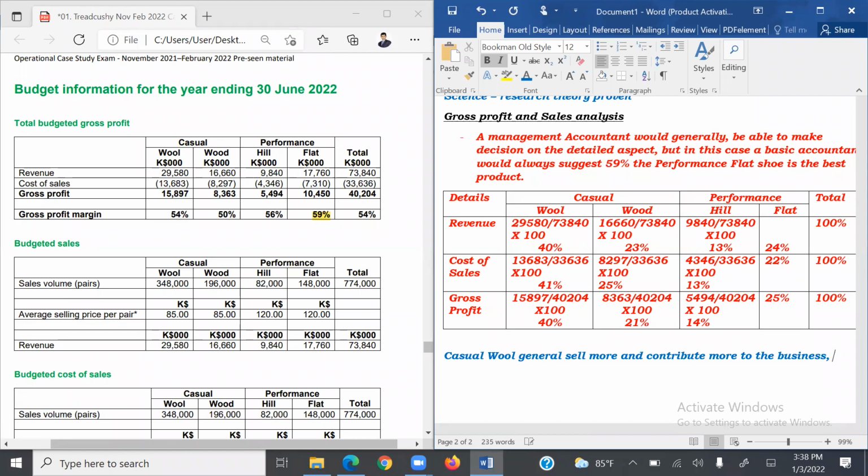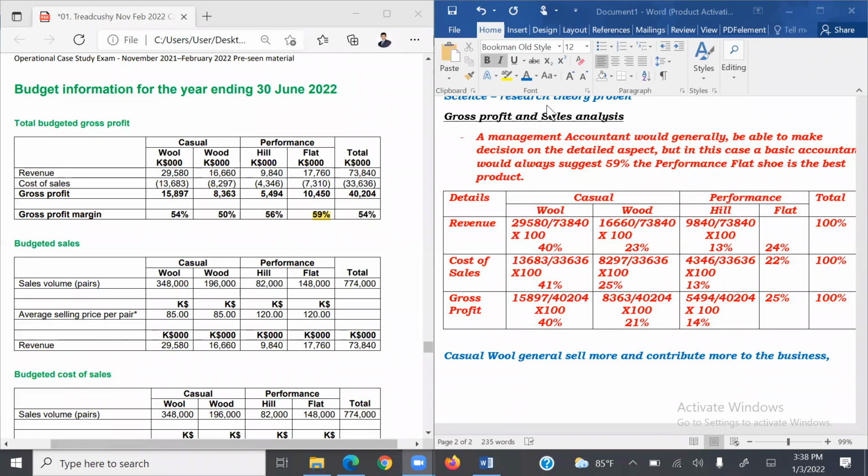I believe that is extremely clear for the class. Casual wool generally sells more and contributes more to the business. And their cost of sales also we can consider as well. So if you consider in more,